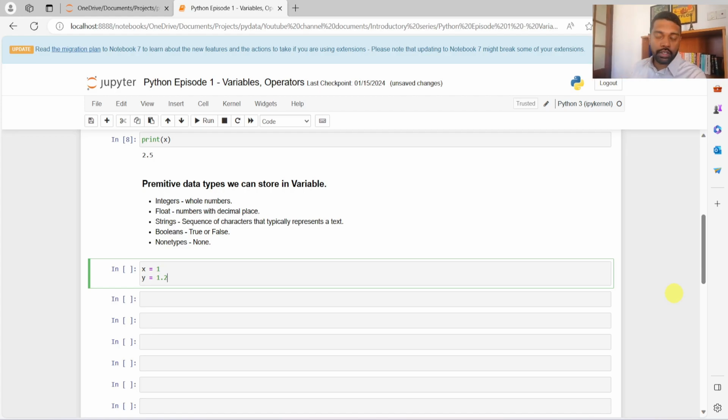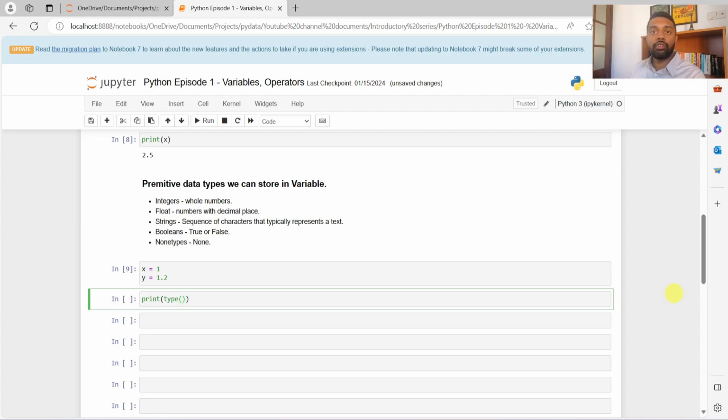call it a float. Now, if you want to investigate the type of a particular variable, sometimes you might have a massive number of variables, and at some point, if you're debugging, you might want to identify the type of a variable. There is an inbuilt function within Python called type. So how you identify the data type is simply you say print, then you say type, and within type you can ask